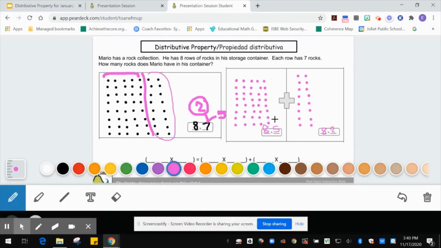Now I have on this side 8 rows of 5. In previous grades, students have counted by 5s and counted by 2s. So it's natural for them to be able to solve this equation a lot easier than this equation over here, the 8 times 7. Now, the students might count by groups of 5, 8 groups of 5. So they might go 5, 10, 15, 20, 25, 30, 35, 40. So if this side has a total of 40,